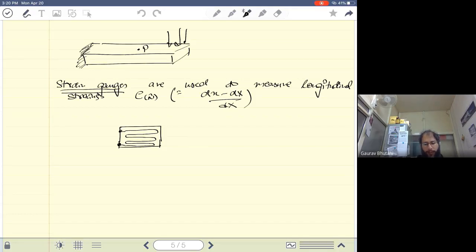So you can paste this on the body. This is exaggerated, so it can be very small. You paste it, and let's say you want to find the strain at point P. You paste it with point P in the middle of this strain gauge, and when the body elongates in this direction,